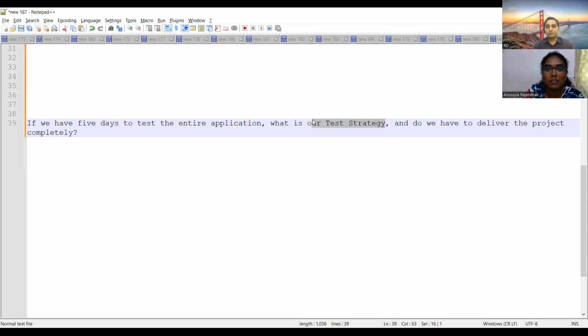All the sanity test cases will be covered, and smoke will be covered. As I said, I will go with the critical scenario test cases as well as the high priority test cases. Within this limited time, I will first try to cover the ones having critical priority as well as high priority. Even after completing this, if I still find time, then I will go with the rest of the test cases, which have medium priority as well as low priority.